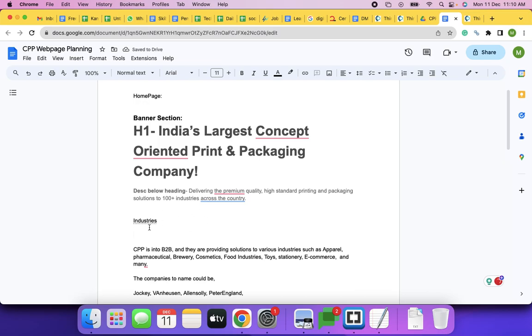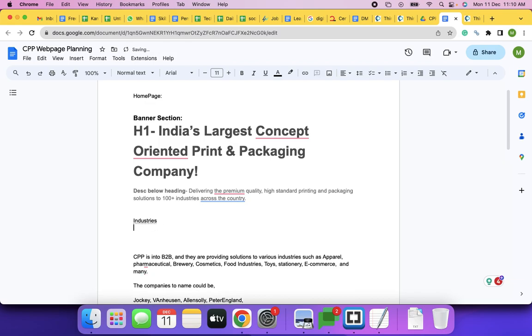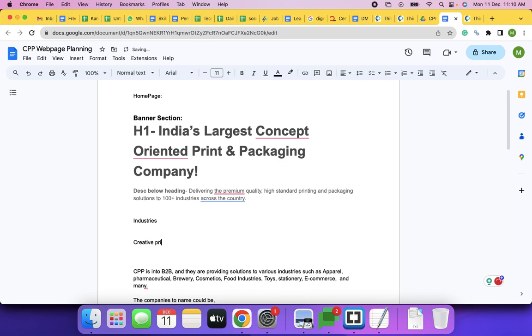Okay. Creative, print, and pack. Okay. Creative, print, and pack